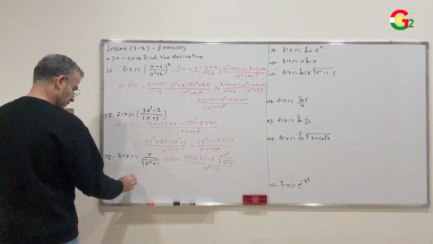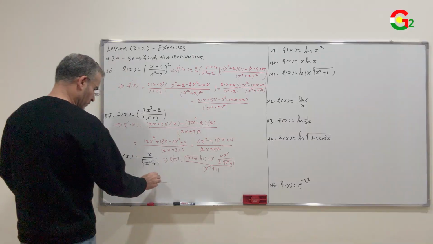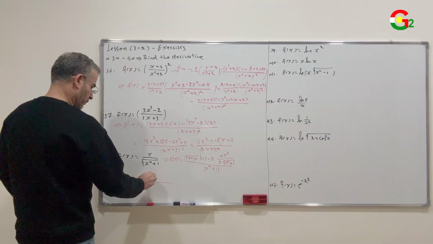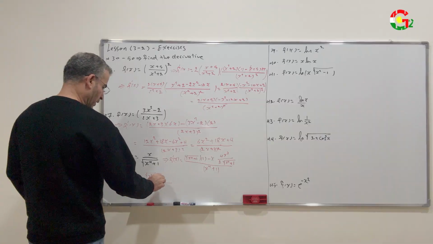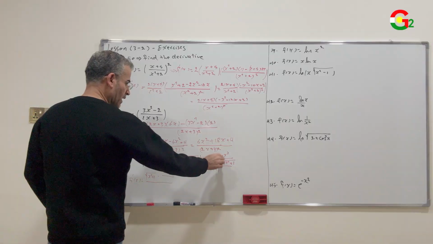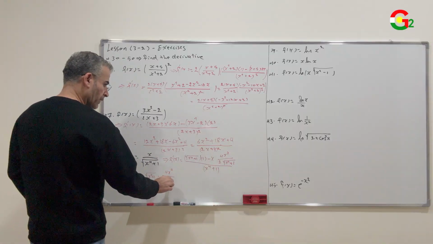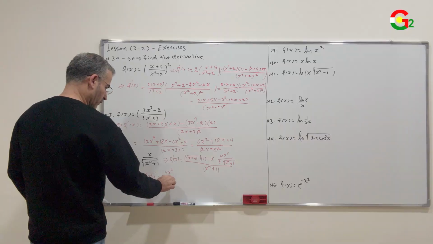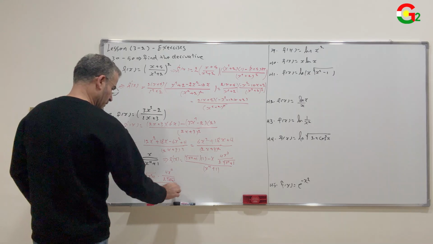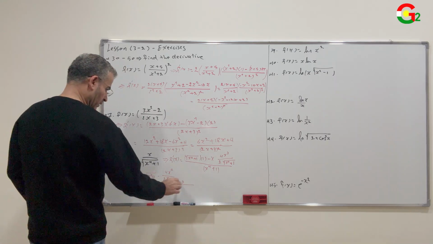Simplify this function. F prime of x equal to square root x power 4 plus 1 minus x times 4x power 3, 4x power 4 over 2 square root x power 4 plus 1, over x power 4 plus 1, equal to the common denominator for the two fractions in the numerator